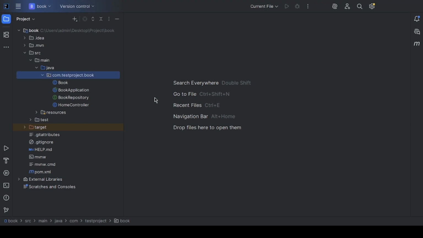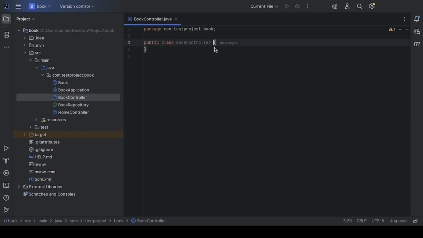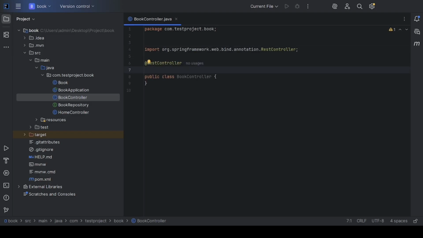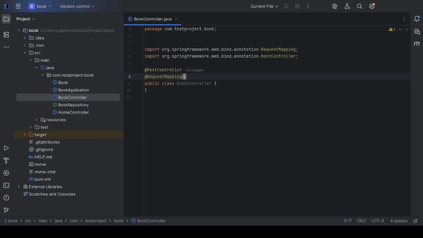Now we are going to create the controller for our book entity. So I will create a new Java class named book controller. I will mark it as a REST controller with the REST controller annotation. Also, I will provide the request mapping for the whole class for the book URL. Okay,